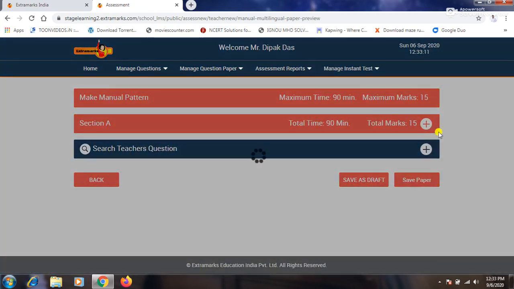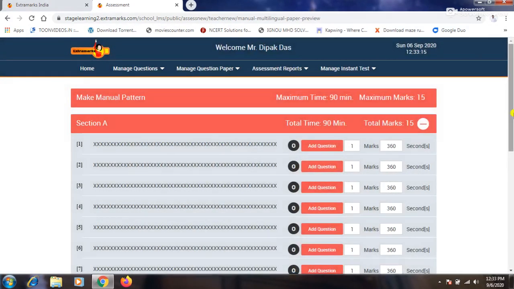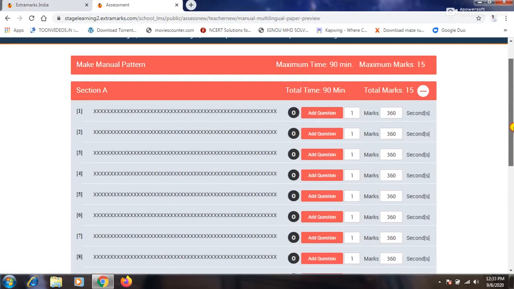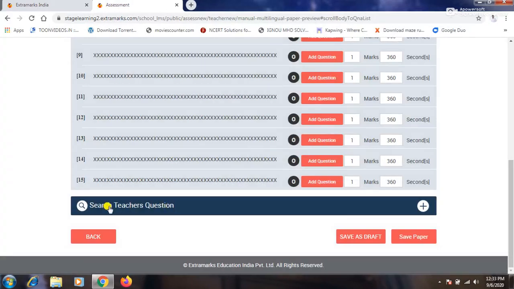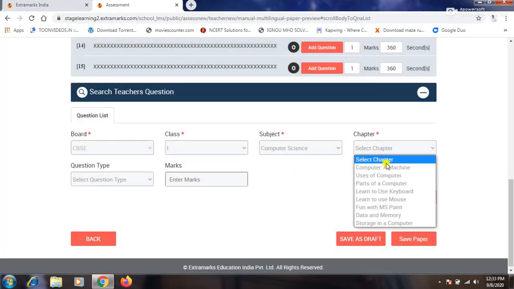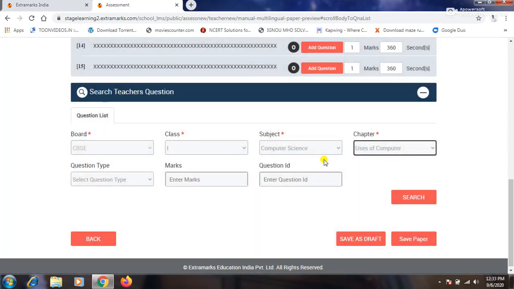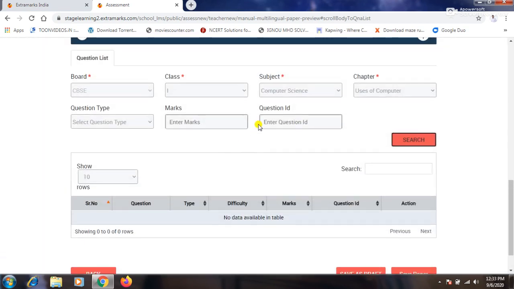Here is section A, 15 marks, and a list of options is available. See, what you have to do is click on add question, and in teacher's questions you have to give all the information, like from which chapter you have put all the questions. Then you select search in the available.